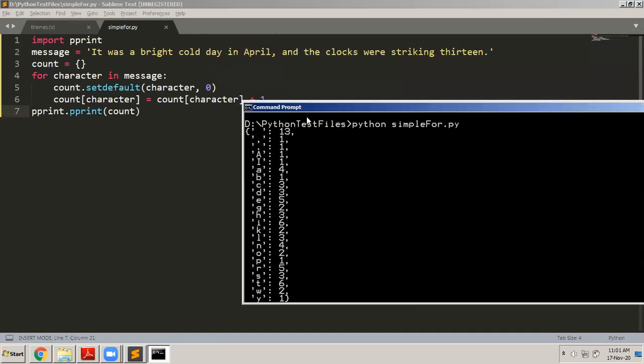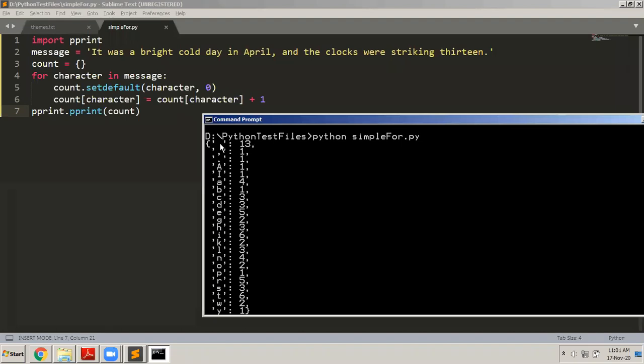You can see that in the entire string, space is a character which is appearing 13 times, comma is appearing 1 time, dot is appearing 1 time, capital A is appearing 1 time, capital I is appearing 1 time, small a is appearing 4 times, B is appearing 1 time.